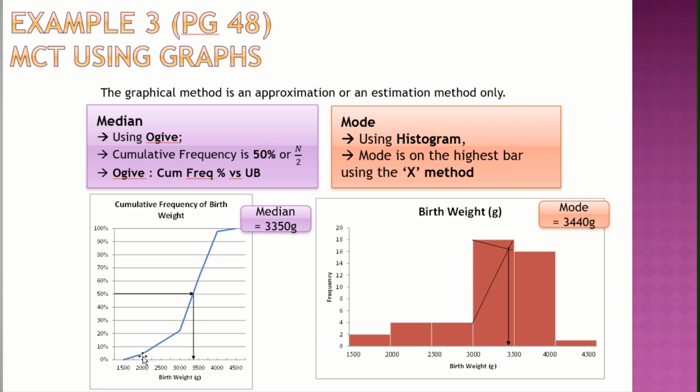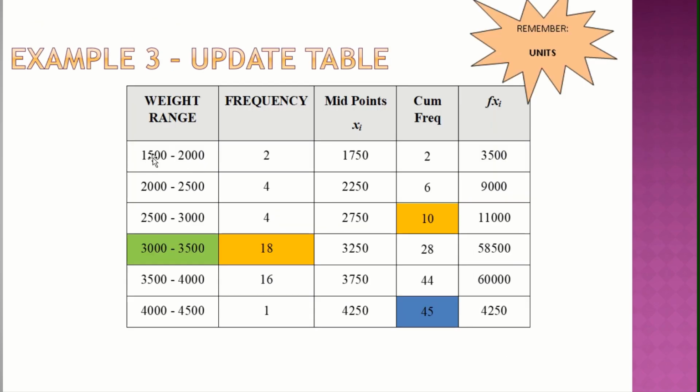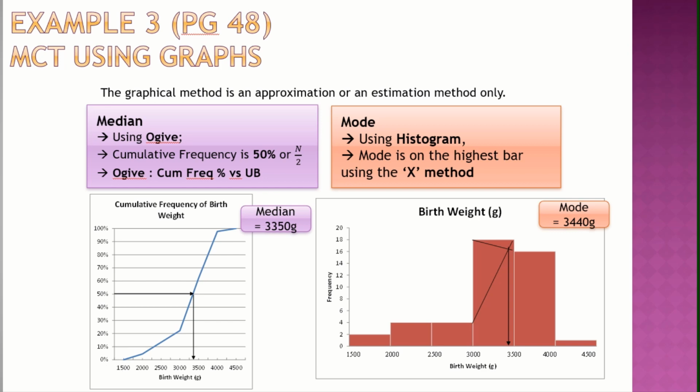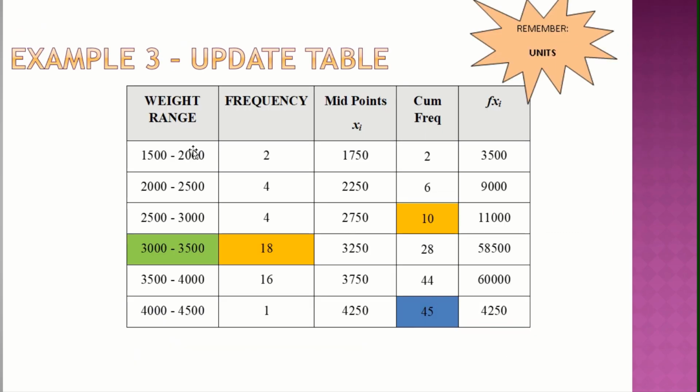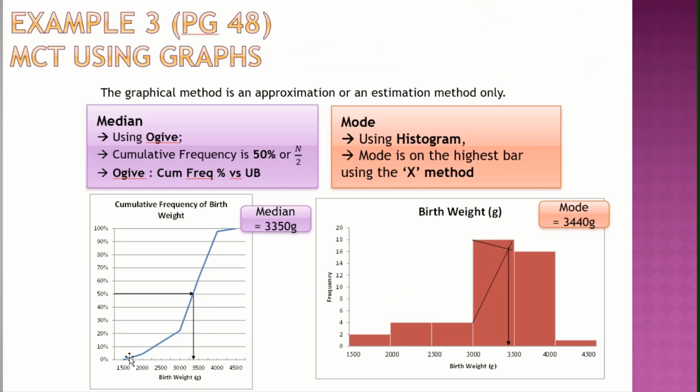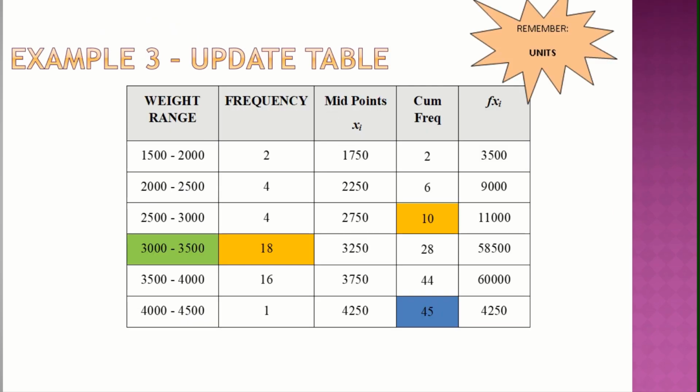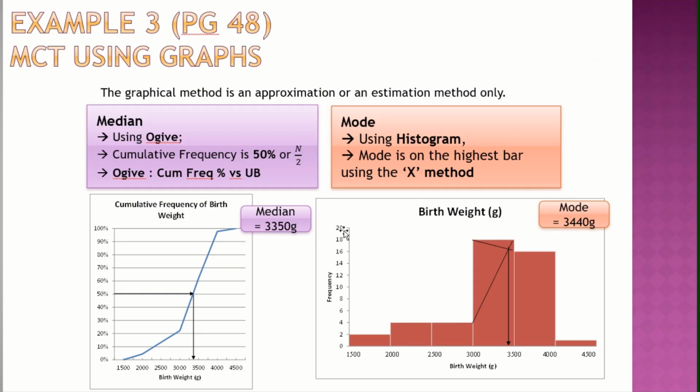If you would like to start the first one with lower boundary, no problem. The first lower boundary will be 0. Let's say this table, you must use upper boundary, right? So the first one will be, as you can see, 0. Then the first upper boundary here, 2000. That will be the first percentage. Then you go higher, 2005, 3000. It will continue to go up, and at 50% you come down. If you want, you can practice using this table. Try to draw and check your work. Your median will be 3350 at 50%.